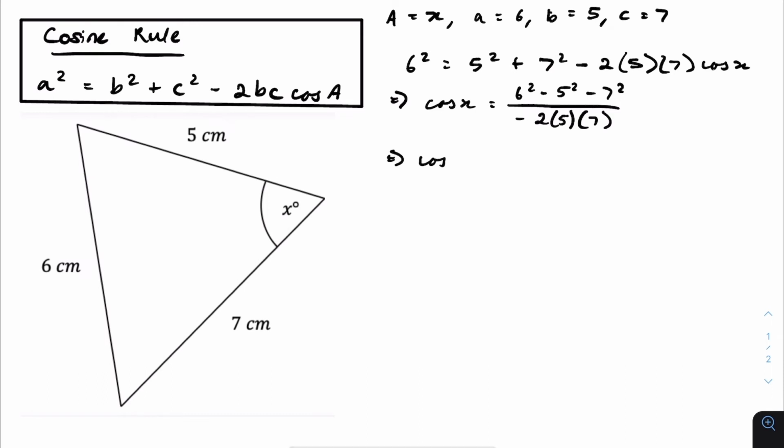So cosine of x is equal to, I'm just going to put that into the calculator. So that's 6 squared minus 5 squared minus 7 squared divided by negative 70. And I'm going to do the inverse of cosine of that. So what we have right now is the inverse of cosine of